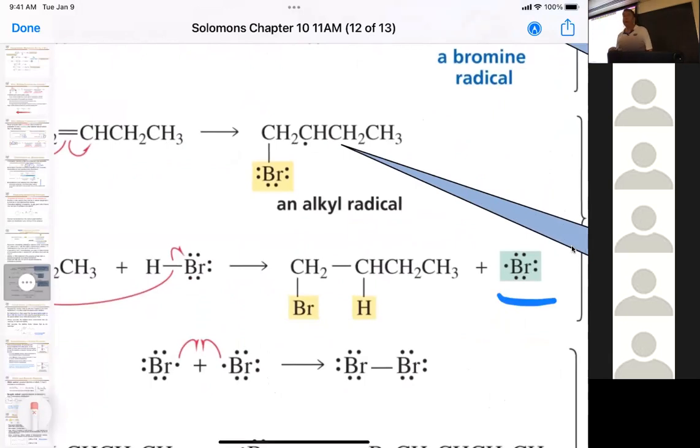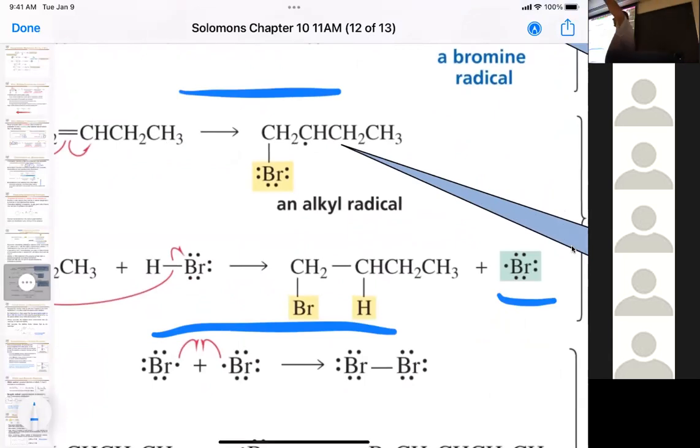Okay, now what can happen then? So those are our propagation steps. We had our initiation step, that creating of the oxygen radical that turned it into a bromine radical. Then we have the formation of our secondary radical that does our work, getting our bromine on our number 1 carbon. And then it does hydrogen abstraction to terminate